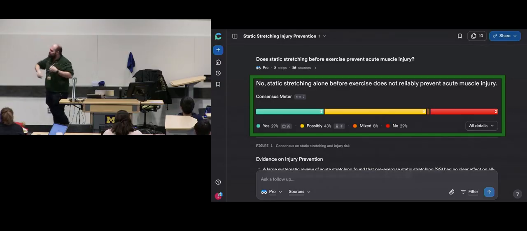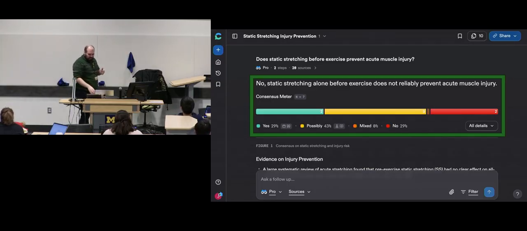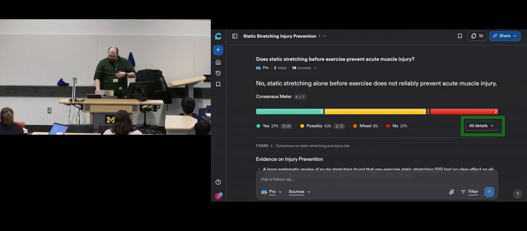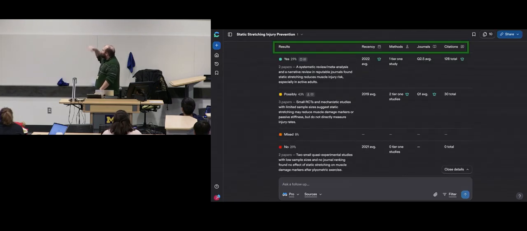It found 7 studies in total that it is using to inform that assessment. If you click all details, now, should you be relying on that as your answer? Probably not, but it's a nice feature. But if you go to the